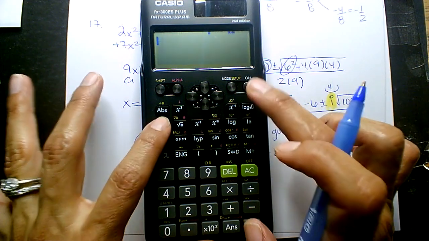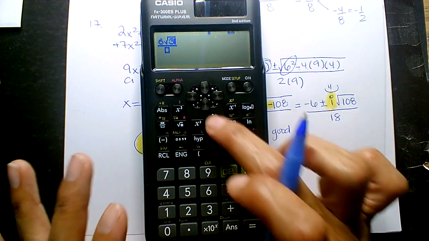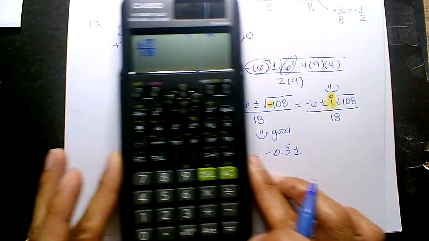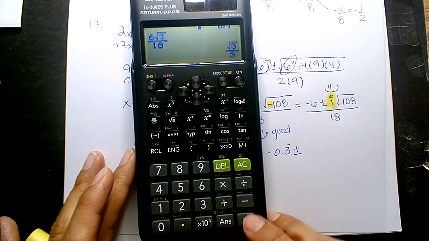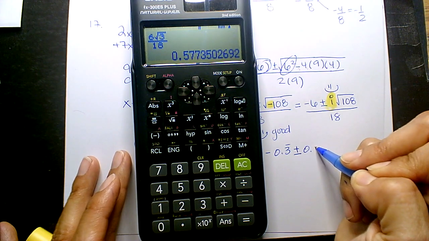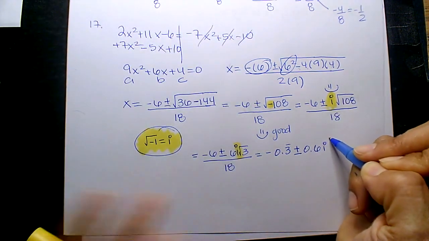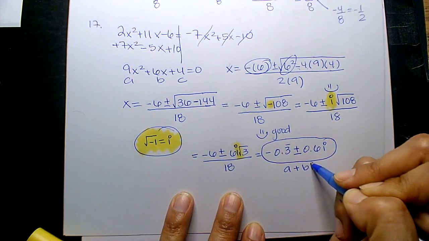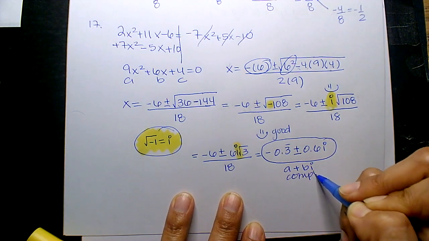Oh wait, I forgot my little fraction. Sorry, 6 rad 3 over 18. I get 0.6 I,